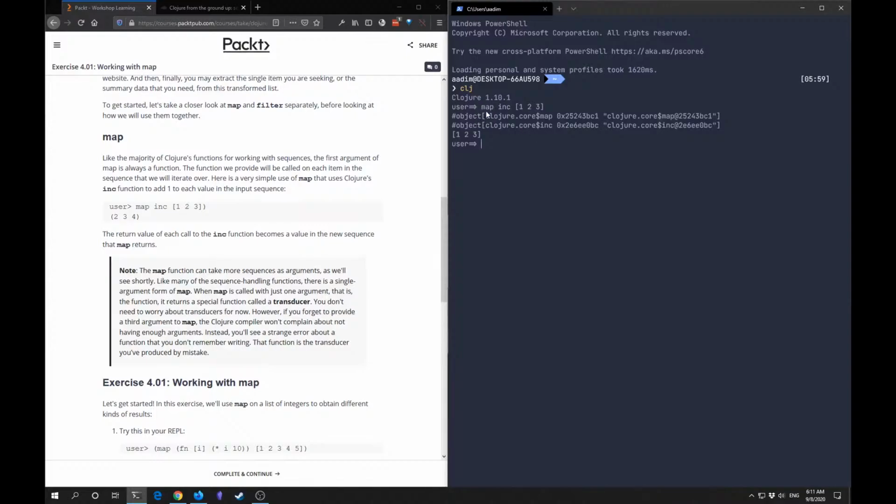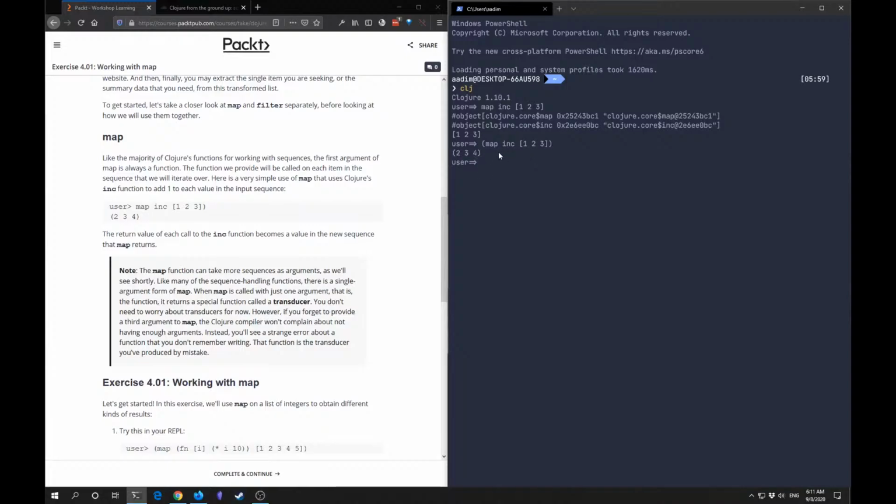It would just treat all of this as separate expressions. For example, this is the first expression, which is a symbol for a Clojure function, clojure.core/map, and this is the second symbol, and this is a vector. So to execute this, we'll have to use this 1, 2, and 3,